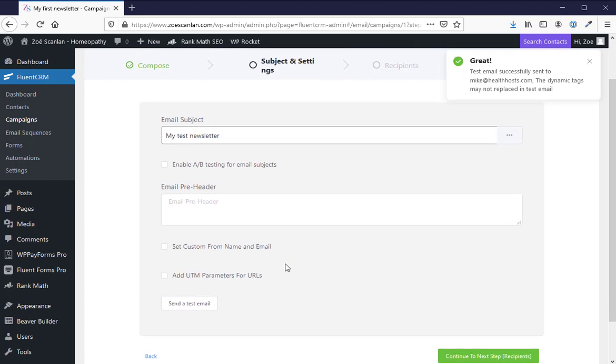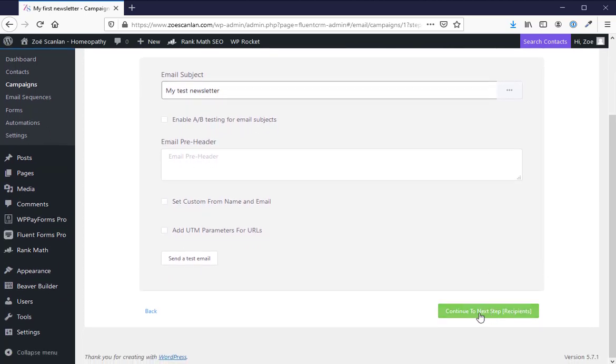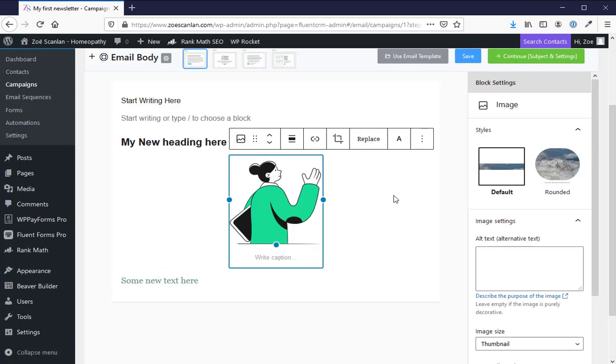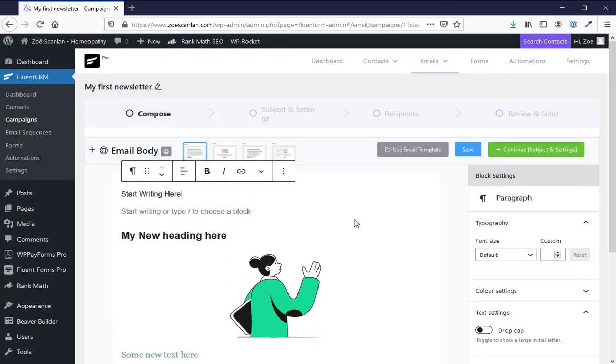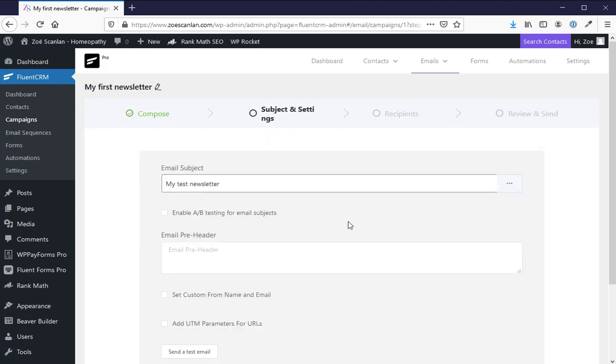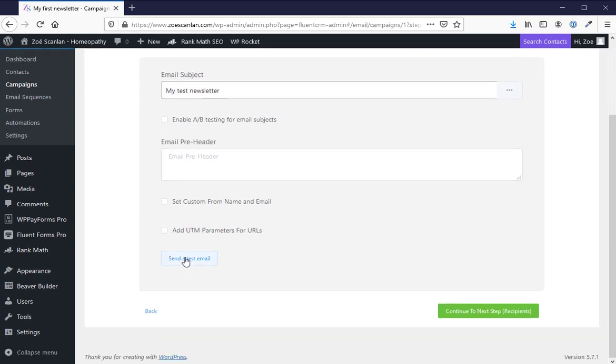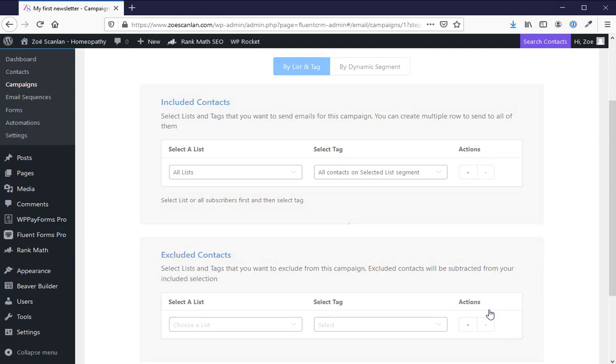Okay, so then you can check it in your inbox, and then once you're happy, you'll click next. If you're not happy, you can click back here, and you can go back, and then you can continue editing your newsletter here. Okay, and once again, click continue. Send yourself another test. When you're happy, click next,